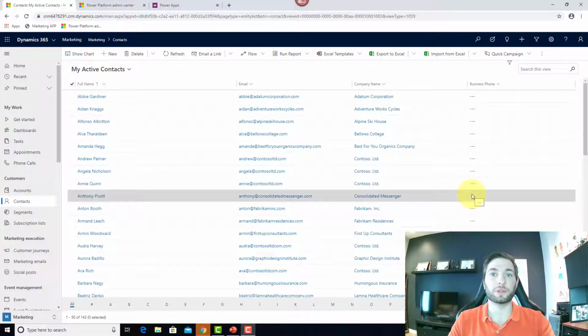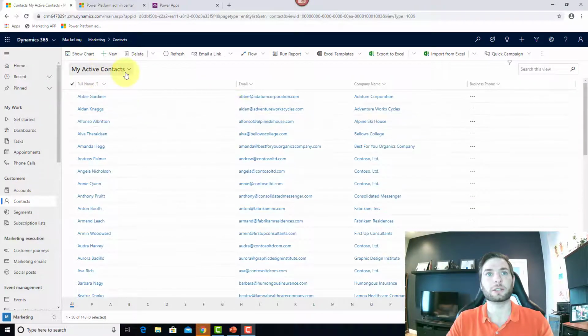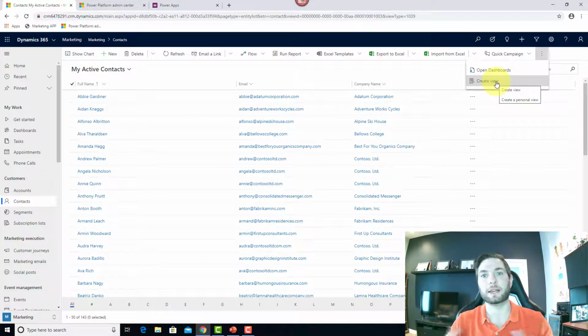Okay, so let's start with the first option you have to import data from scratch in the system. I'll show you 2 different options for creating the Excel template that you'll use to do the import. The first one will be to use an active view like this one. I want to import my contacts, so I can use this specific view to create my template. The template will have exactly the same columns as in this current view, or I can create my own view by clicking on create views